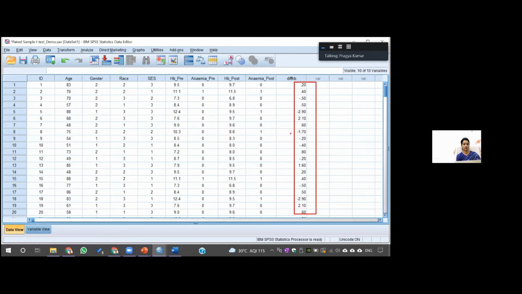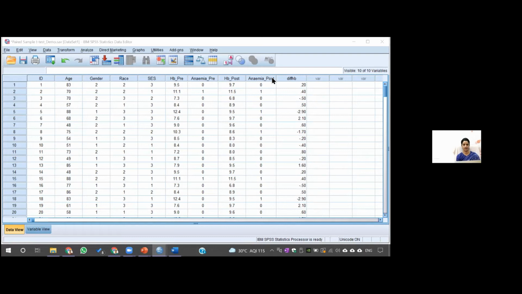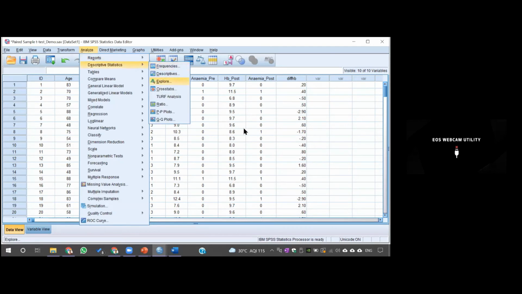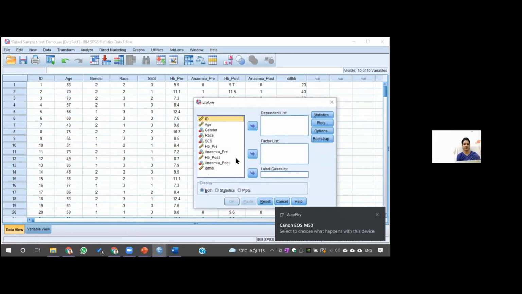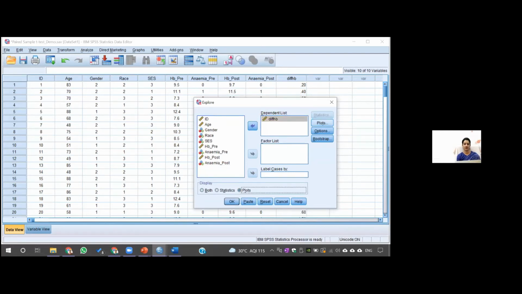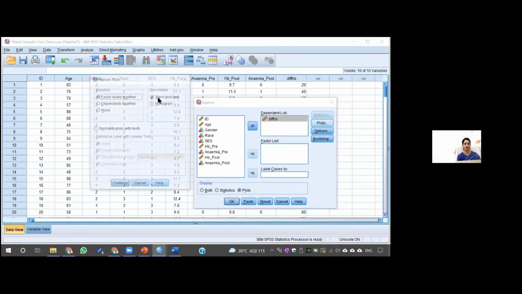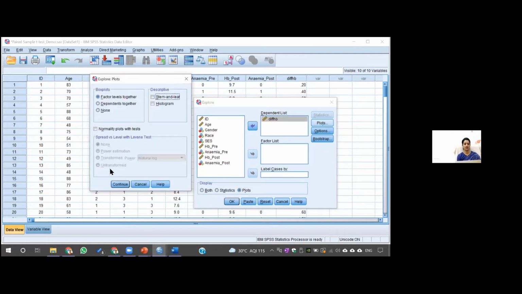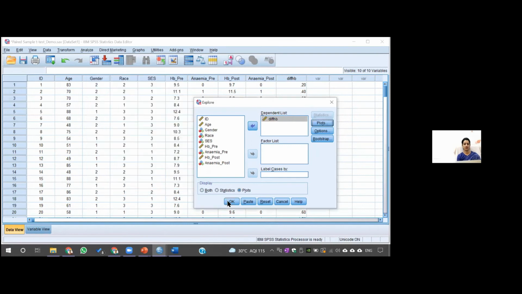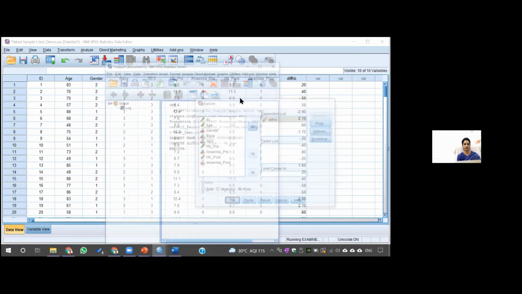So what I'll do, I'll go to Analyze, Descriptive, Explore. In the dependent list, I'll shift this. I'll go to Plots, then click this plot, uncheck this, check this, continue. Okay.